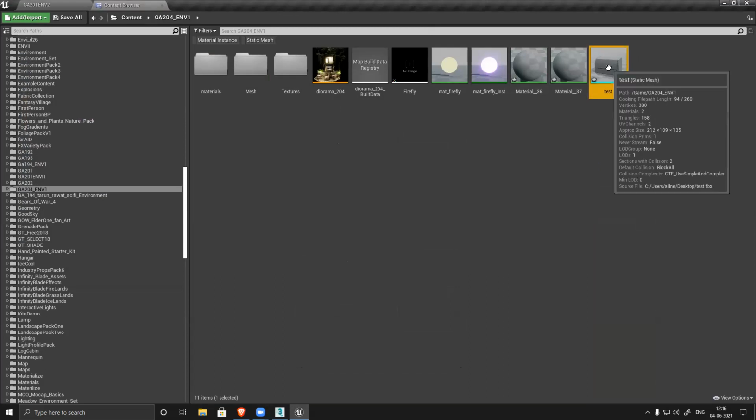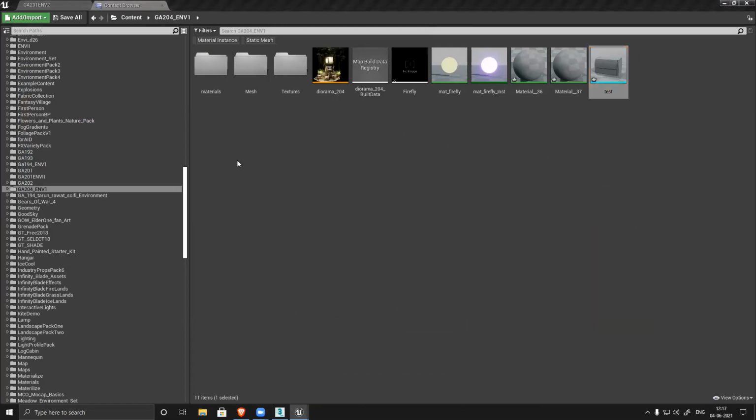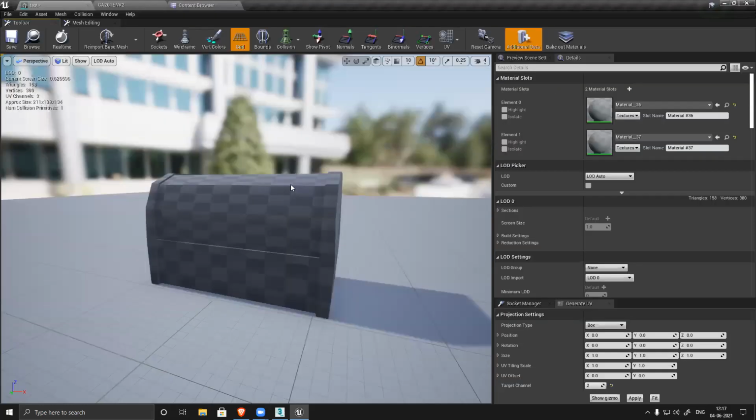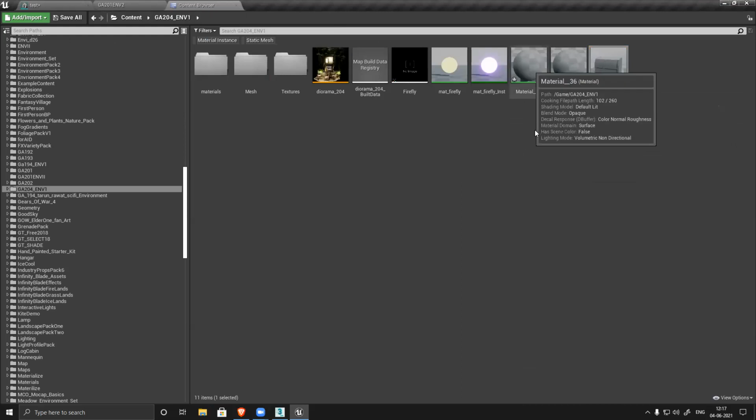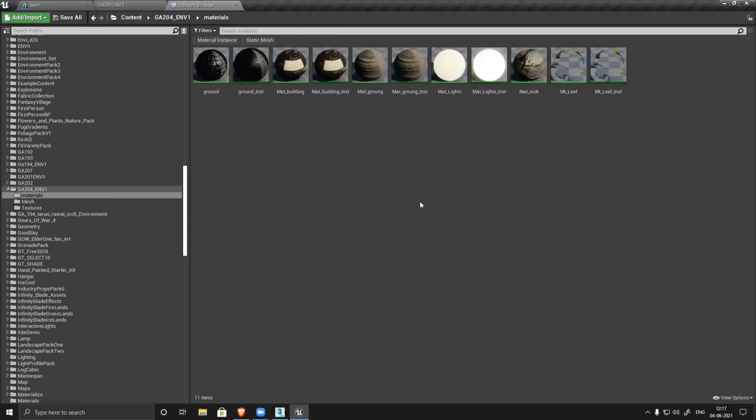So now I want to apply this thing. I'll just check which one is glass. Double click, open the model. So you have to separate the material for the glass part. That is really important. So you can see the first one is your glass material. So I'll just name it glass, and this is something else. Okay. Now I go to material because I don't have a texture for this.